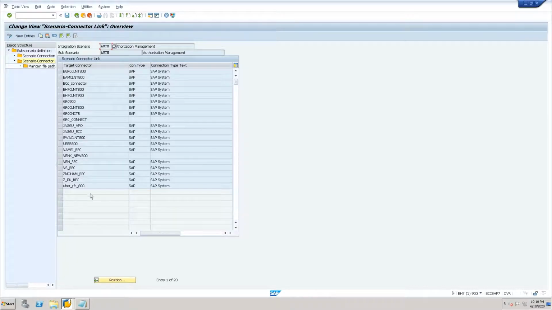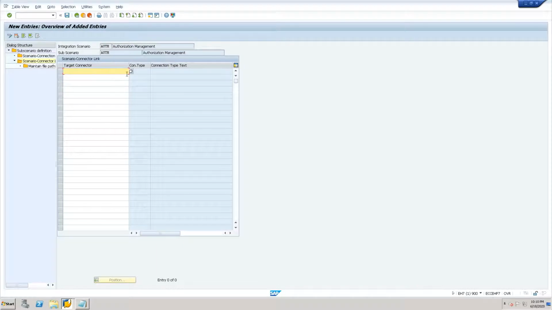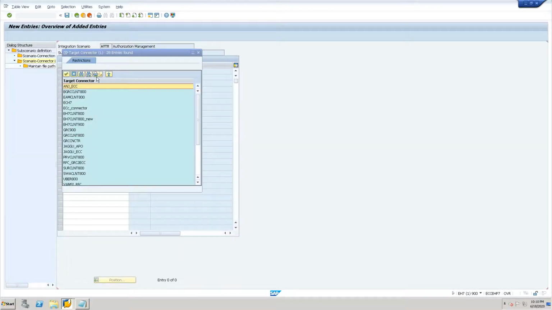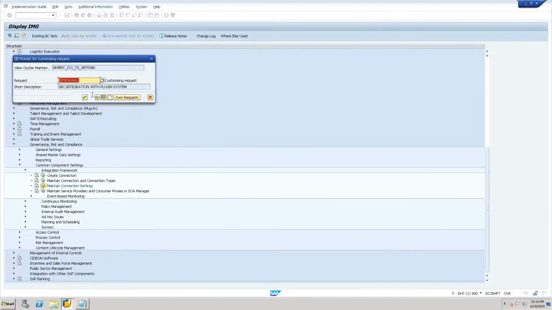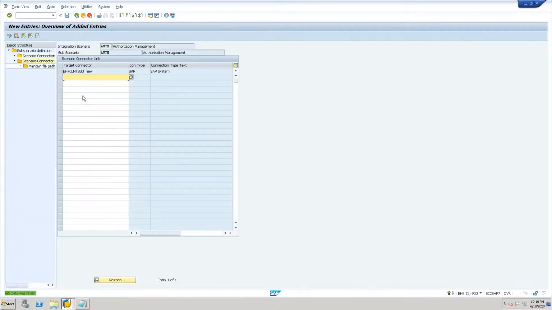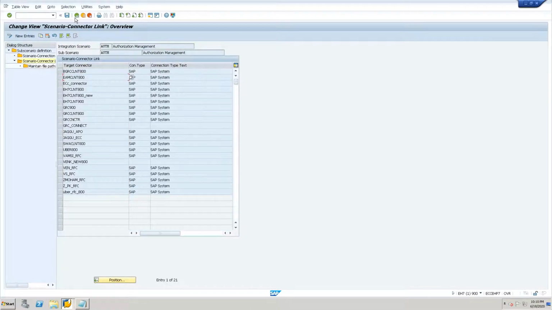You don't find EH7, so let us create a new entry under this. What is the connector type? What is the new connector we have given? This is the new connector. You have to give these things and just press enter. Then you get this, and just save it. Then put the changes on the same tier. Then go back.